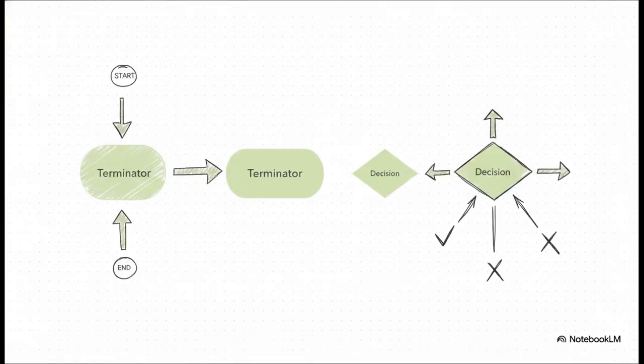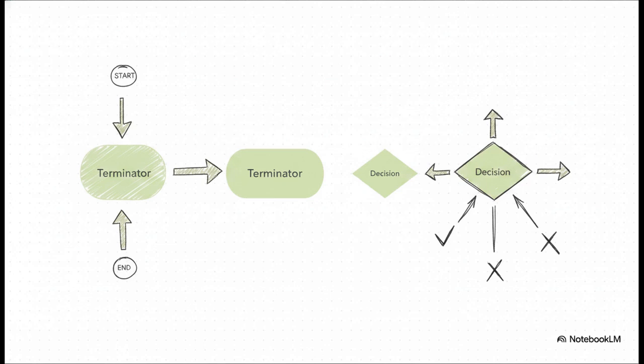Let's go over the basic vocabulary of these shapes. On the left, we've got the oval terminator. This symbol marks the absolute beginning or the absolute end of a program. You'll usually just see it holding the words start or end. Over on the right is the rhombus, and that represents a decision. Think of this as a crossroads. It dictates which path a program should take based on a specific condition, which is a lot like an if-then